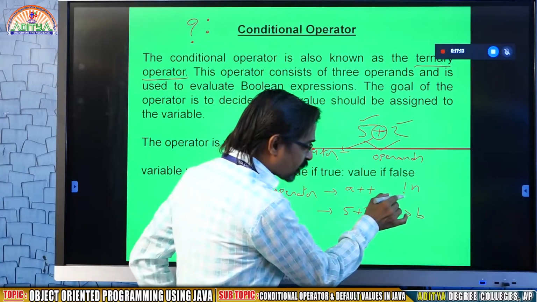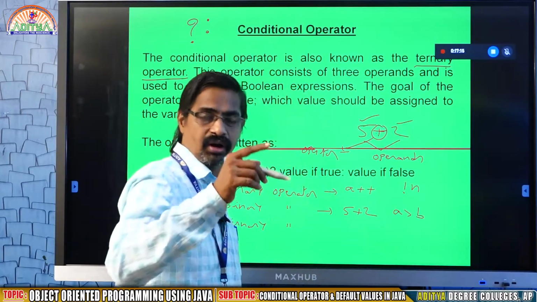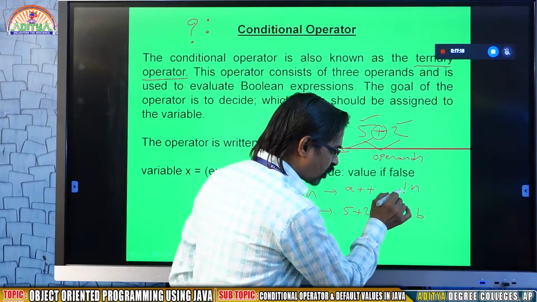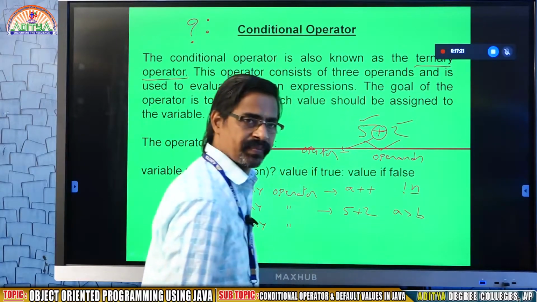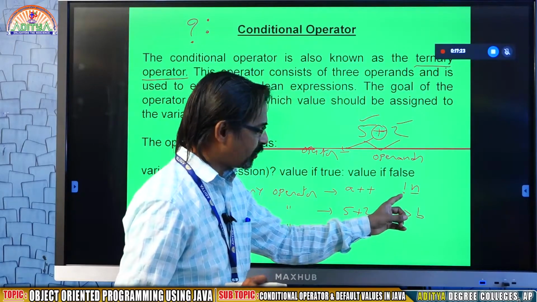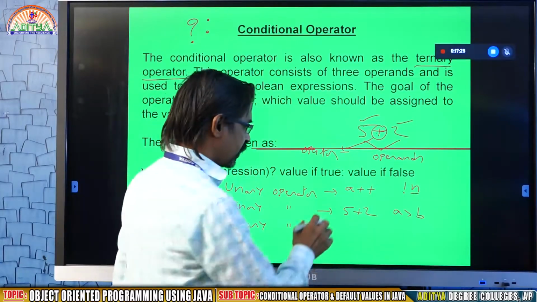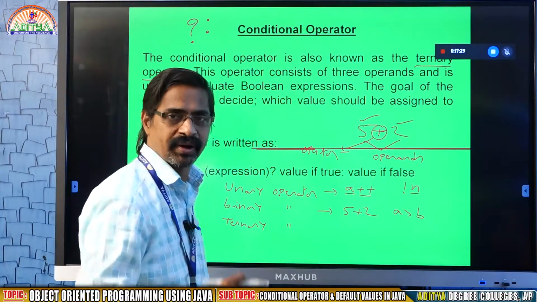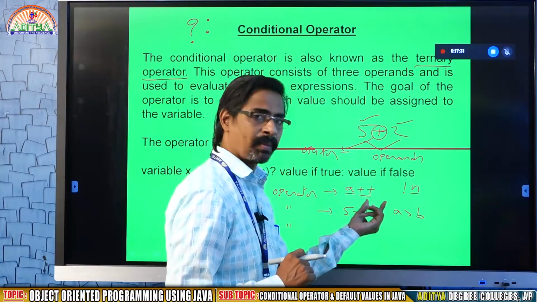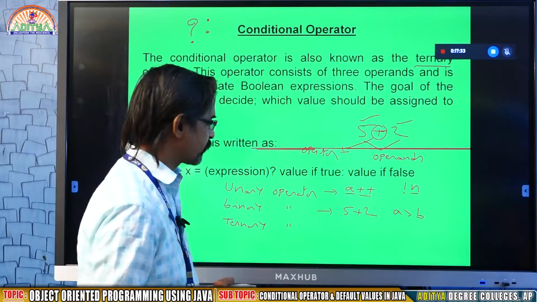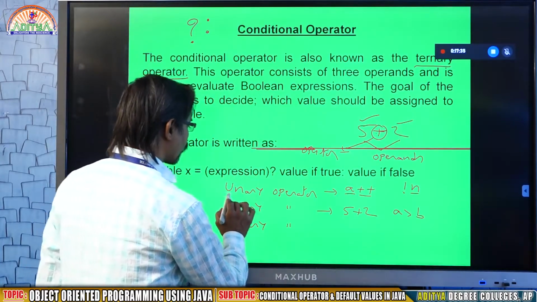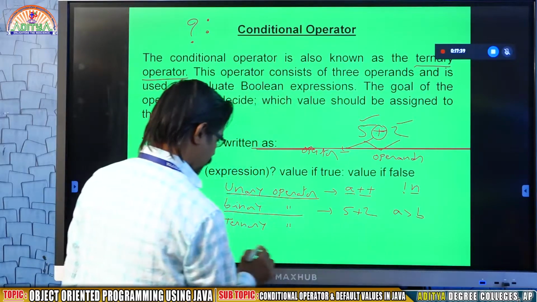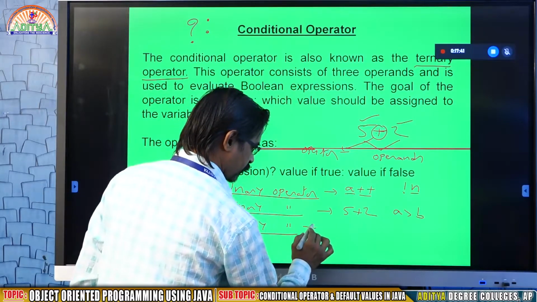Here the not symbol means logical not, a logical operator. I am using this not operator along with n. N is a single operand and not is a single operator. Here A is the operand, double plus is the operator. So this will be called a unary operator. This is called a binary operator. This is called a ternary operator.